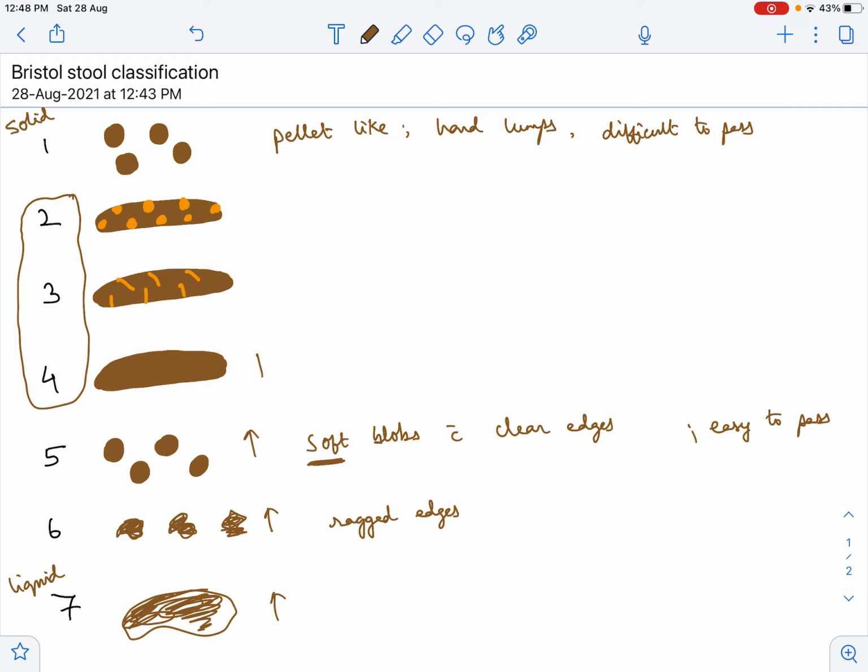Then it forms a sausage-like shape. Then it is sausage-like, but with cracks appearing on the surface. The integrity suffers because it has become very hard, that is why there are cracks, like when you look at dry parched ground, the earth cracks when it becomes dry. Then you're going to get lumps on the surface, and then these lumps disintegrate and form separate pellets.